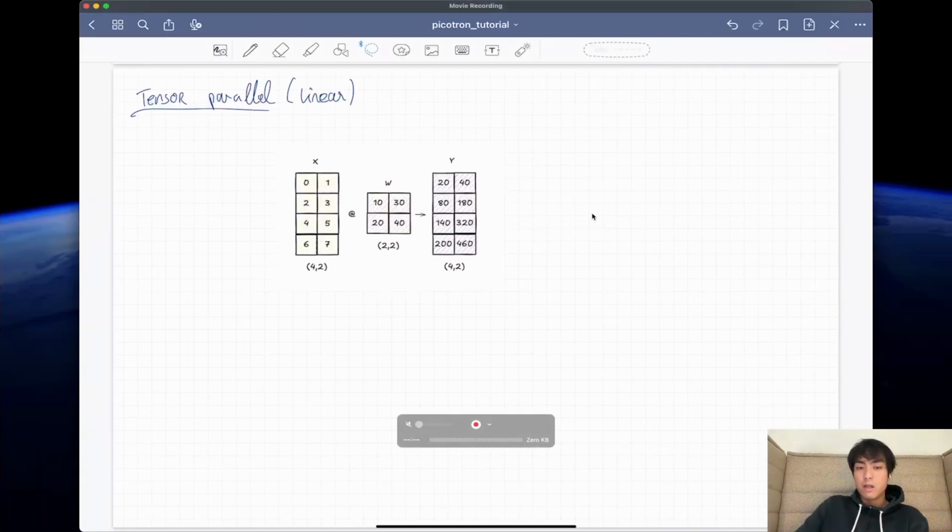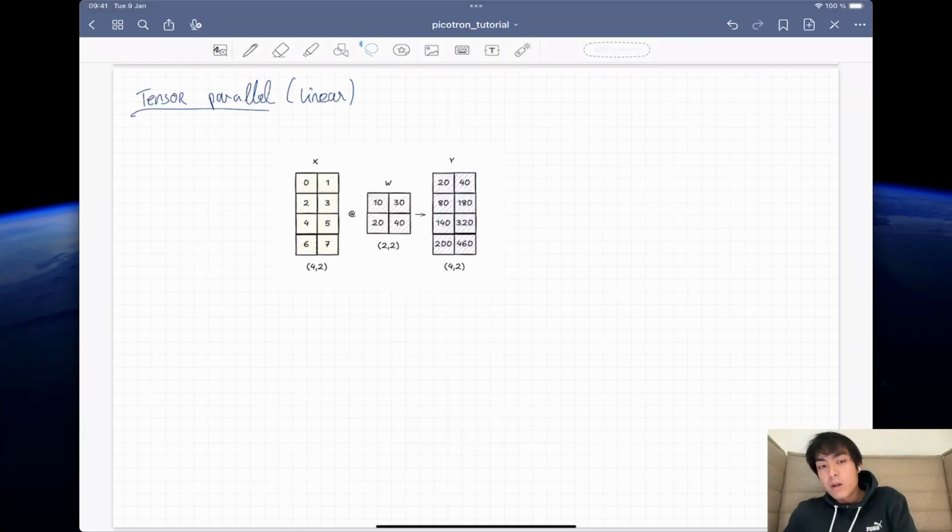So to understand tensor parallel, we first have to understand at which level it operates. By that we mean that we are going to split linear layers, because in deep learning it's a stack of linear layers. And what is a linear layer? It's actually